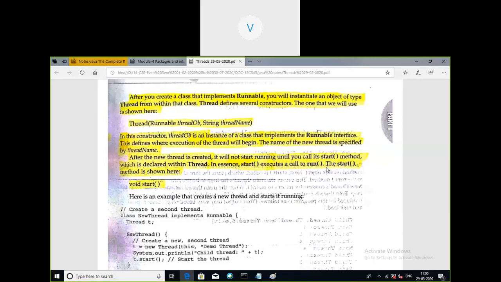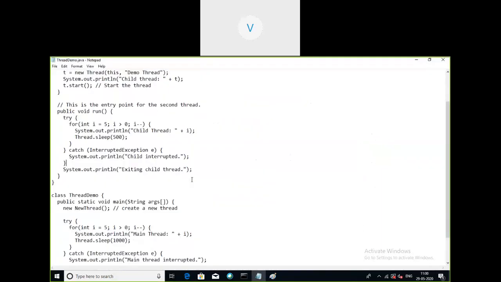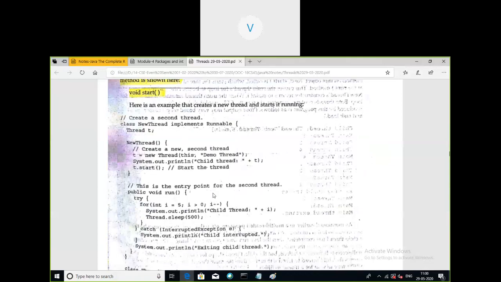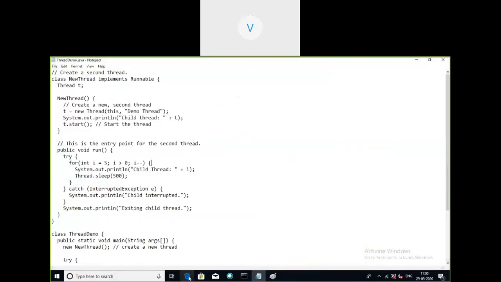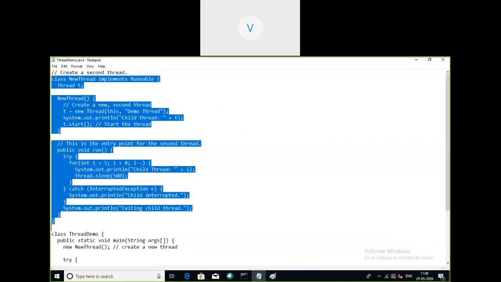Here is an example scenario in which we have two different threads created: ThreadDemo.java. This source file has two classes.